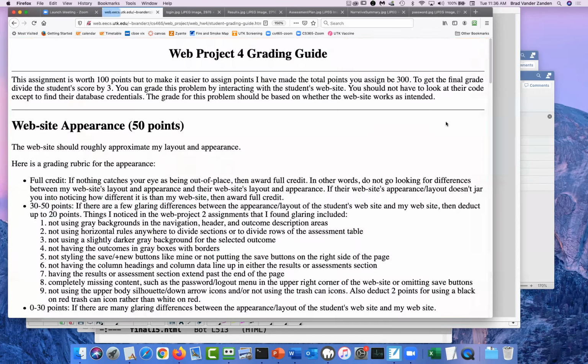So that is a very useful tool you should be employing. And if you have limited time, you can see what things are worth the most points. So that is here, the grading guide associated with Web Project 4.